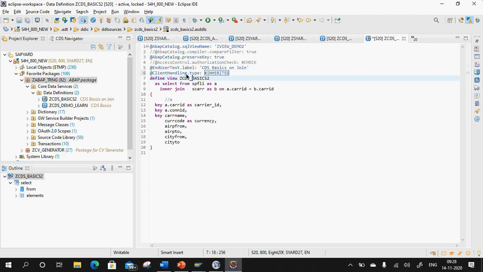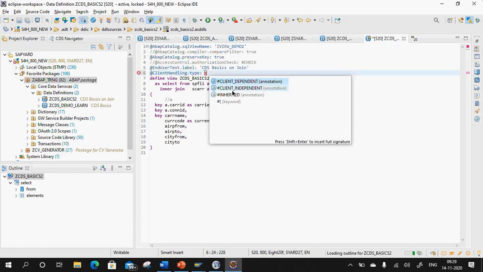Even if I am not specifying this annotation, my CDS entity view is client dependent. If none of the sources that I use as the data source is client dependent, then my view becomes client independent.